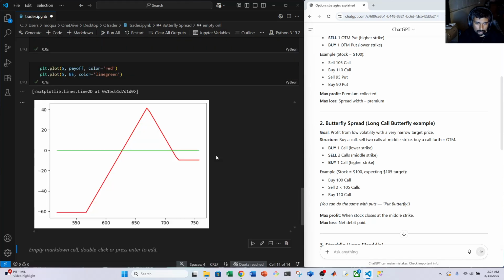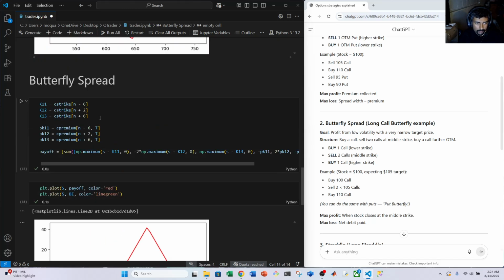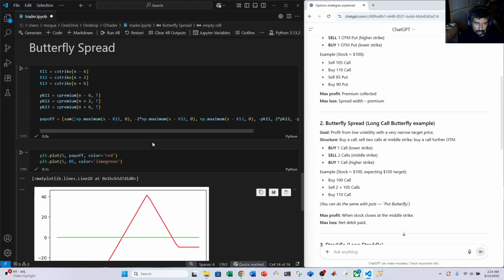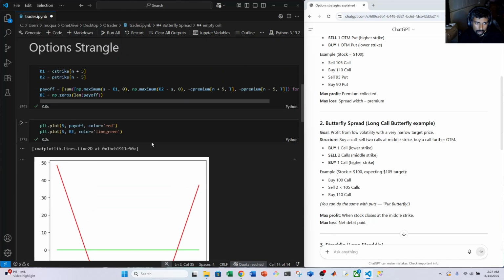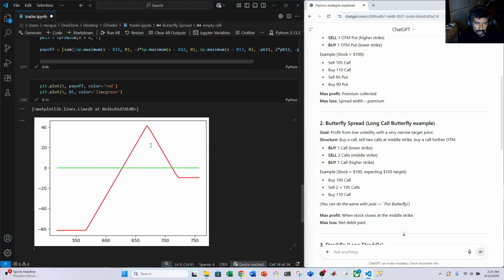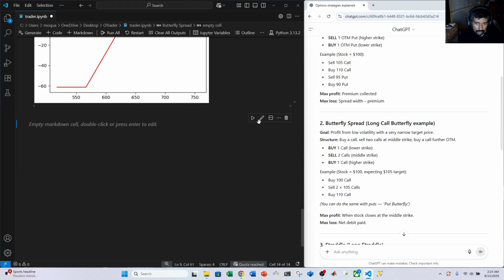My mistake. And we have the butterfly spread. So these are the break-even points over here. If it falls within this range, it's profitable. So yeah, let's just recap. We've got the option strangle, the straddle, the butterfly spread, and now